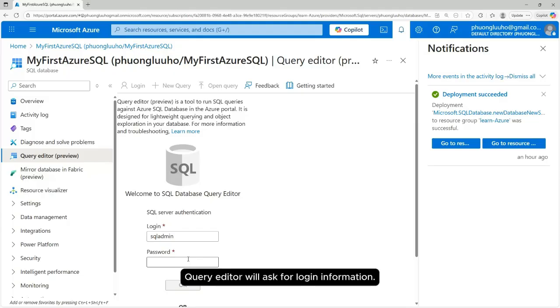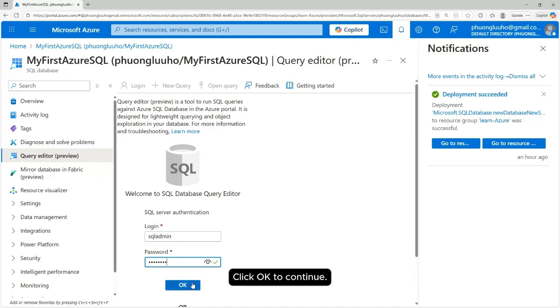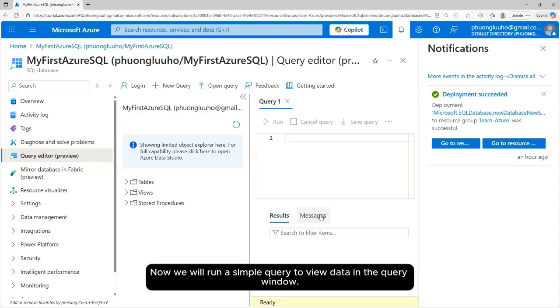Query Editor will ask for login information. Login using SQL login with the username SQL admin and enter the corresponding password. Click OK to continue.